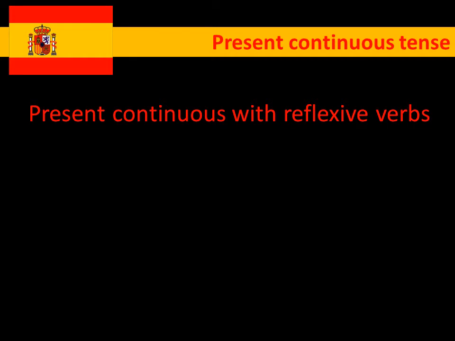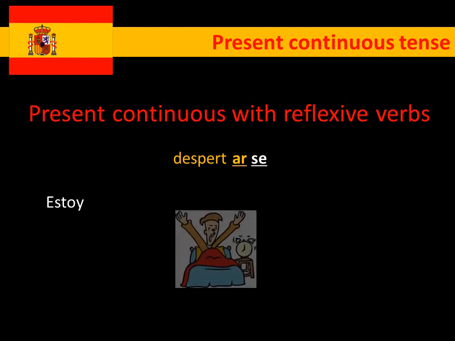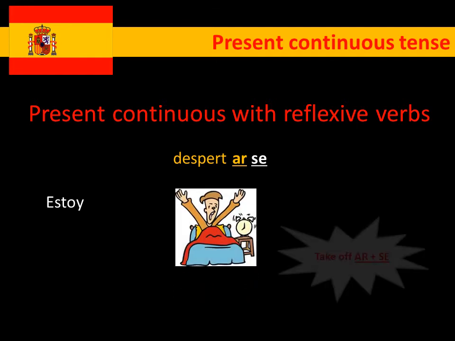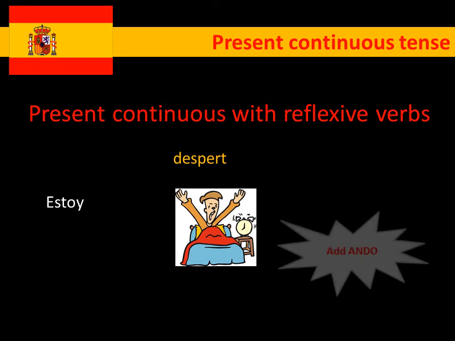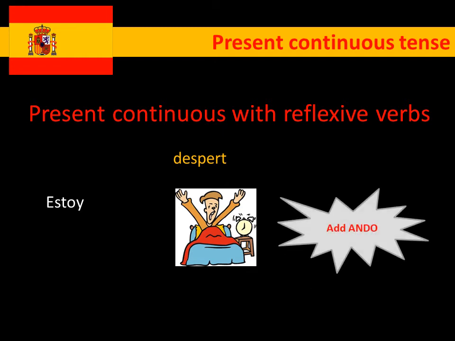Okay, the present continuous with reflexive verbs then. So we've got estoy again, and we're going to use despertarse as our example. So despertarse means to wake oneself, literally to wake up. Okay, so this is what we do. So there's our verb, despertarse. Take off the ar, and the se, both gone. So we've got despert, and what we do now is just add ando, because it's an AR verb, so we end up with